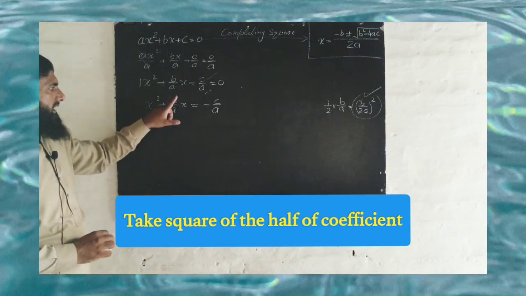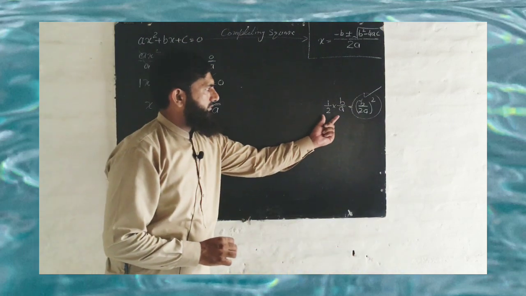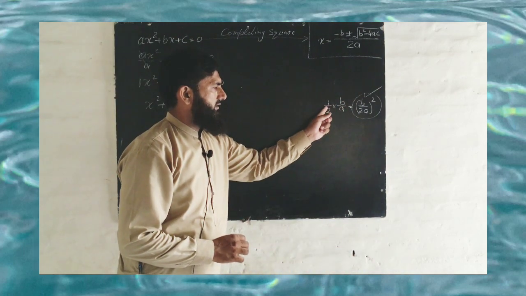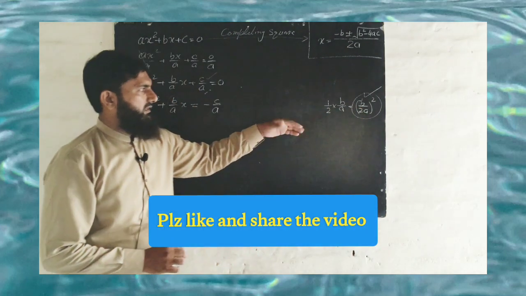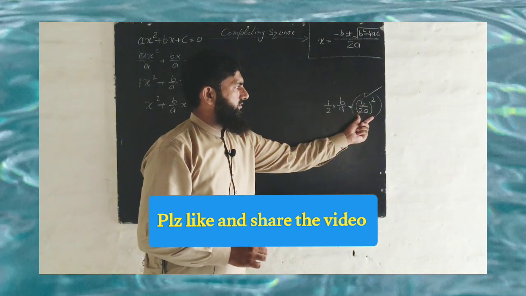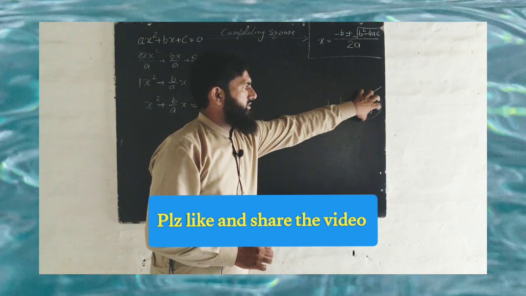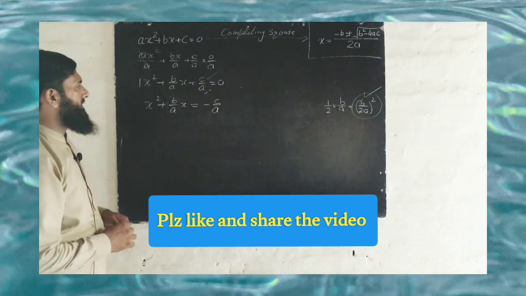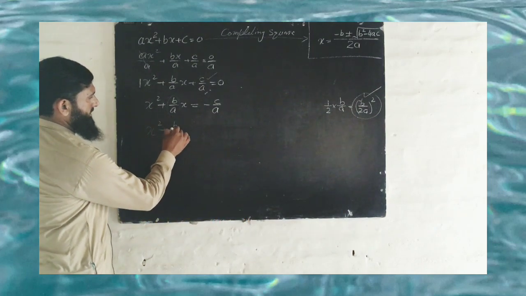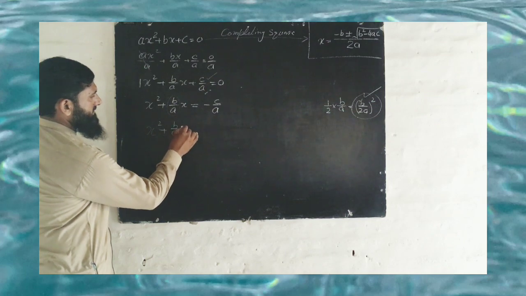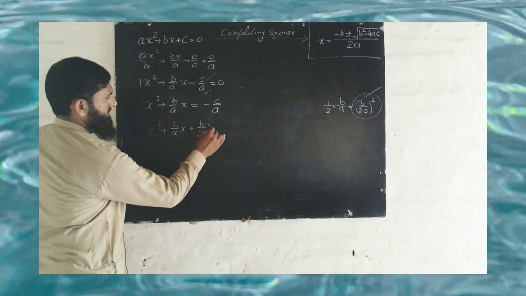We have to get the half of the coefficient of x. For that, to get half, we have to multiply that coefficient by 1 over 2, and the resultant quantity is b over 2a. And after that, we have to take the square, and the resultant quantity is (b over 2a) whole square, and this quantity should be added on both sides of the equation. The result is x square plus b over a x plus (b over 2a) square